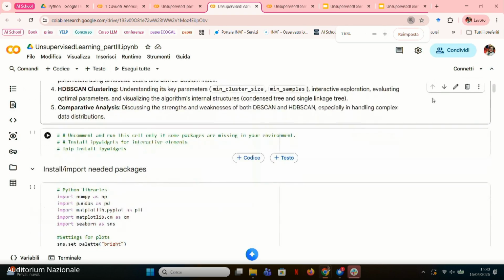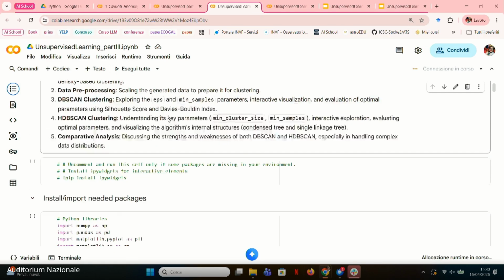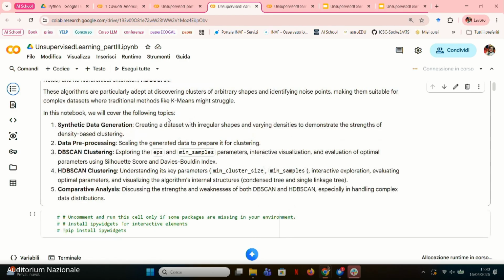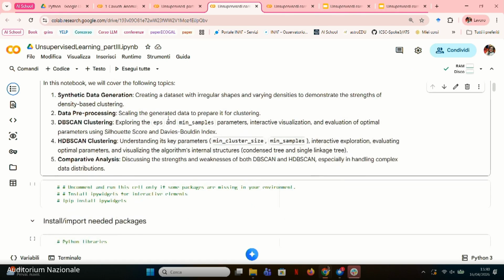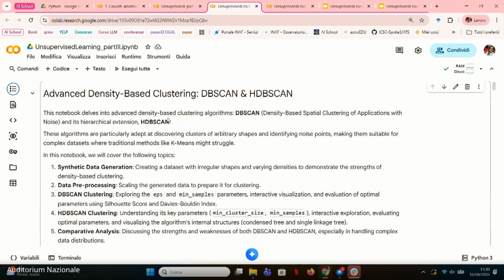So this is the notebook I prepared for you. It is the Unsupervised Learning Part 3 that we can download from the last session of this day on Indigo. And here is what I want to show you, and then we also have to work on